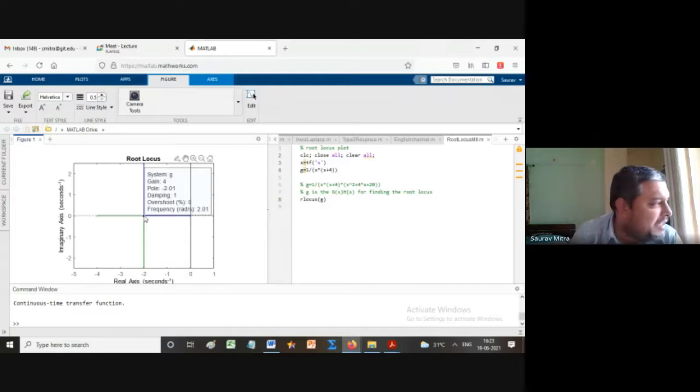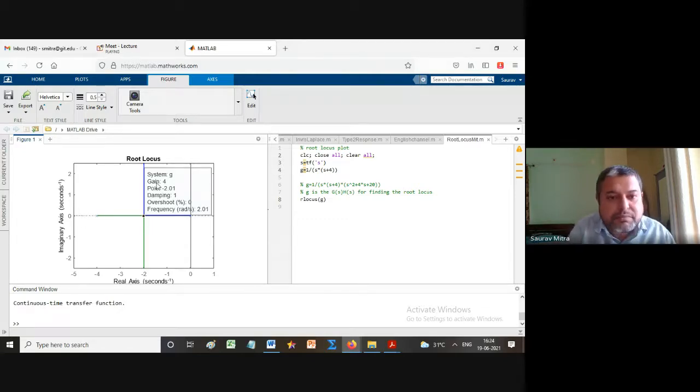And I think we found the k value there. If you see that equation, s square plus 4s plus k, we had shown that when gain k is equal to 4, at that time the breakaway was happening. So the breakaway point was happening at gain k is equal to 4. Here the same thing is being shown. When I upload this document, you check all those things.